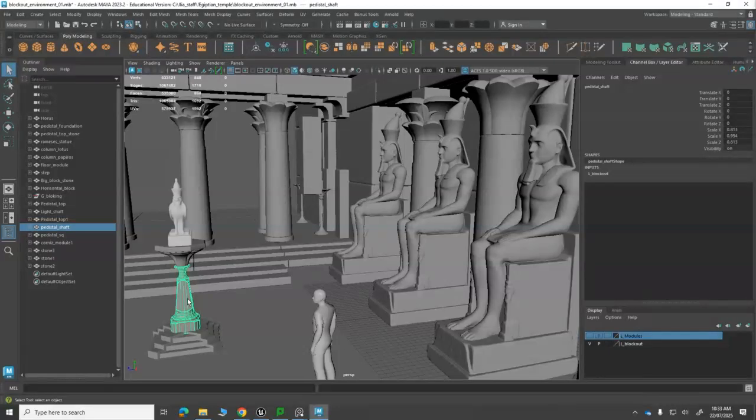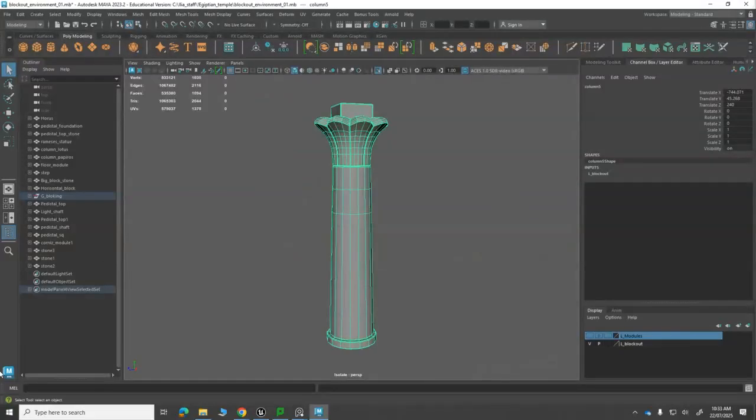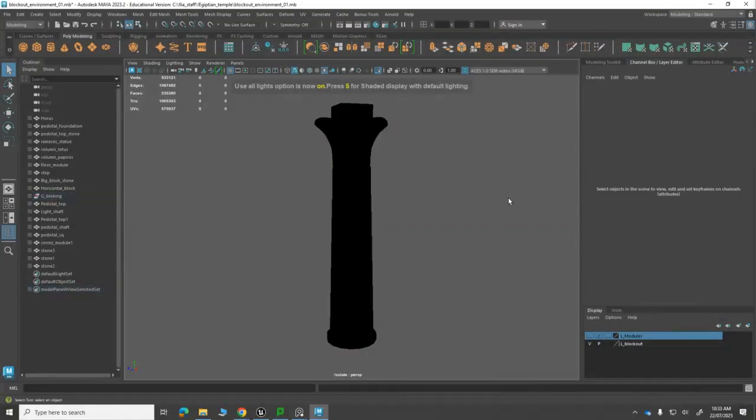So for example, if we look at the column, and we look at a silhouette of that column, you see that it's an Egyptian column. You won't really think it's a Greek column or any other sort. You see, and that's what the blockout details should be. And also we need